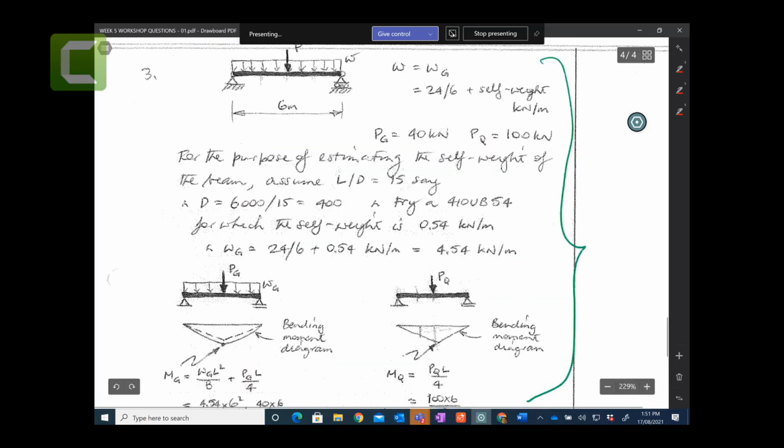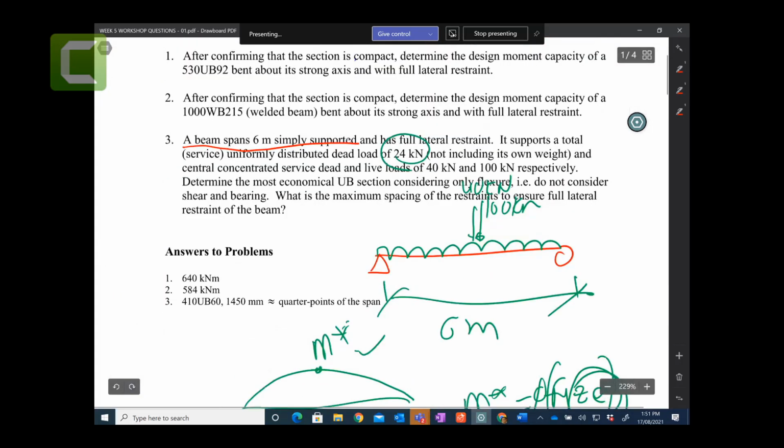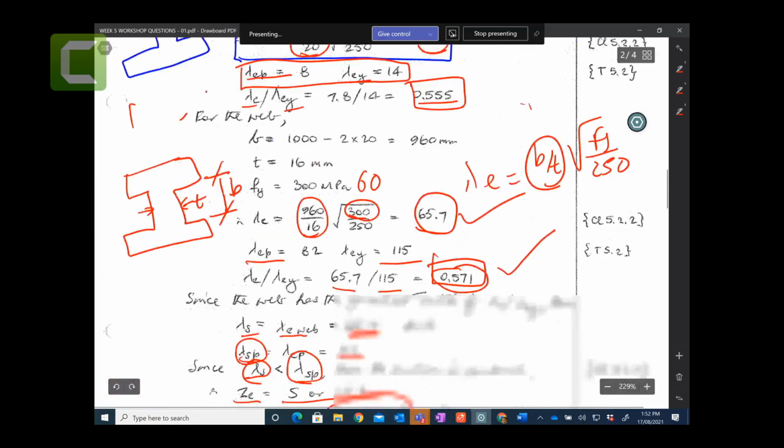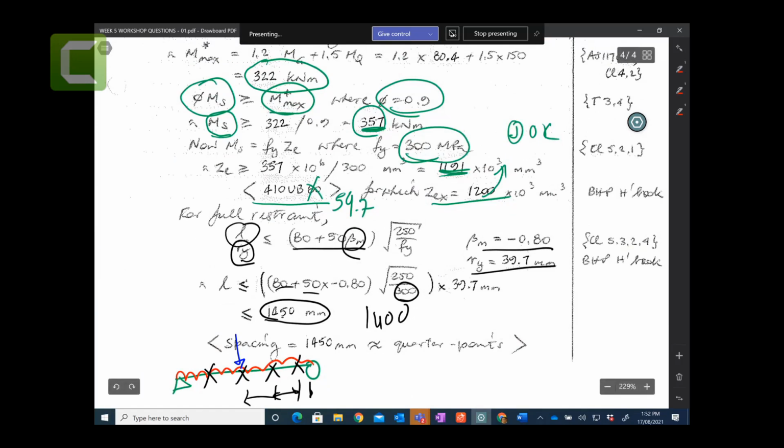So probably if you look at the beam, 16, so 600, you can provide I think 1400, or you can provide 1500, because we don't want to have additional bracing. So with 1500, at quarter points, you can provide that bracing to the beam. So if you put, let's say here, then